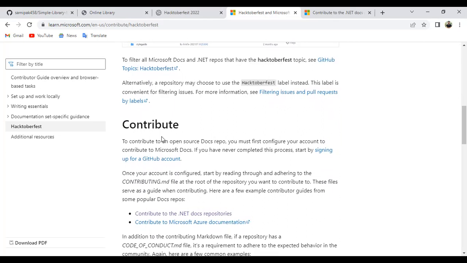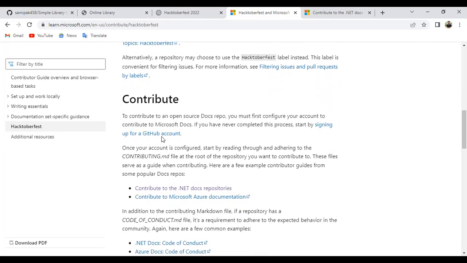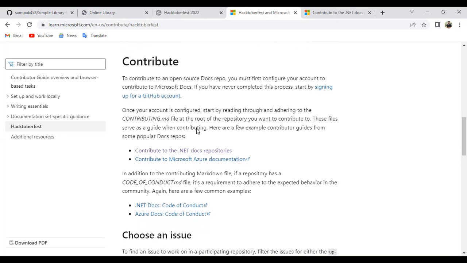So it is step-by-step instructions to contribute to an open source documentation repository or any project. You must first configure your account to contribute to Microsoft Docs. It is particularly about Microsoft, but in general, you have to first set up your account.